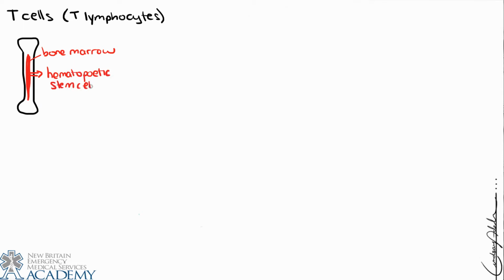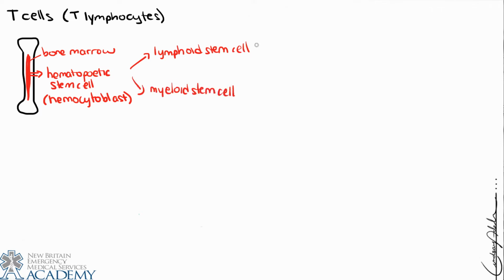And what we're not going to do is discuss the other cells that are formed beyond the lymphocytes, but it is important to note that these stem cells will give rise to ultimately all of the different types of blood cells, including red blood cells, white blood cells, and platelets. So the hematopoietic stem cells can differentiate into lymphoid stem cells and myeloid stem cells, and it's lymphoid stem cells that we're going to focus on here. So lymphoid stem cells, in the case of T cell formation, will be transferred to the thymus for further